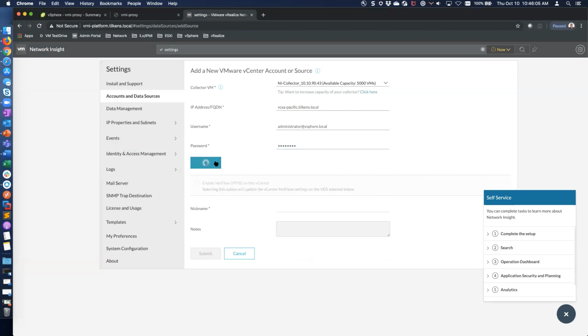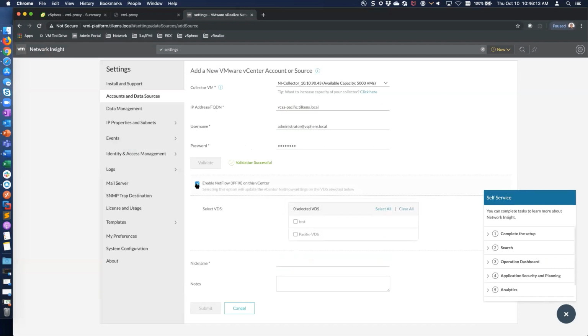Let's see if that works. Okay, so it worked. So I do want to enable NetFlow. Here you're going to choose the VDSs that you have. I think this is the one. Yeah. One thing that we add here, and this is what I was talking about, modification, is that we need admin modified rights to the VDS. What this is going to do is use the collector IP address and add that into the NetFlow field in the networking port group, or